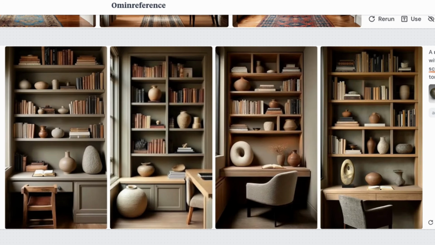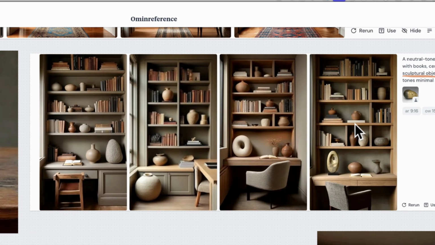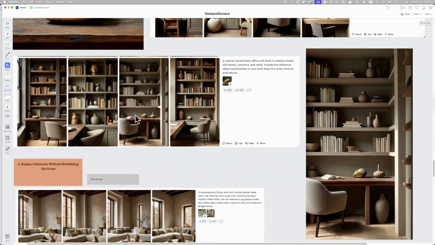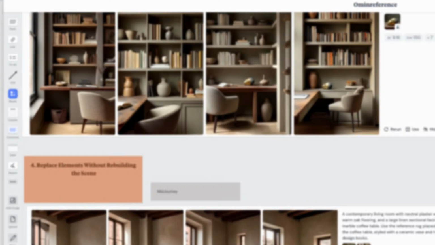Now, it has obviously disagreed with this characterization of the object as a sculpture. It's tried to create sculptures. I can't really see any evidence of this reference image anywhere. If you look at this example, I've given this reference image, but instead I've just said include the reference object prominently on one shelf. So I've kept the actual description of the item less specific,